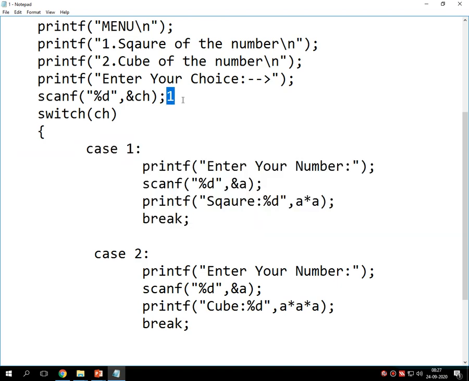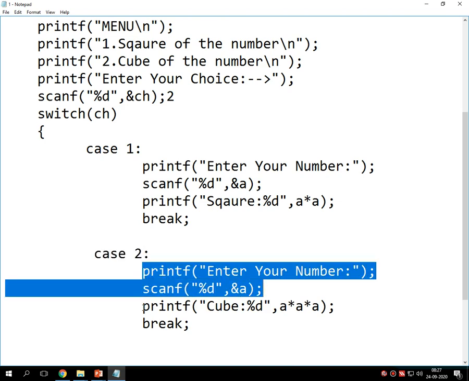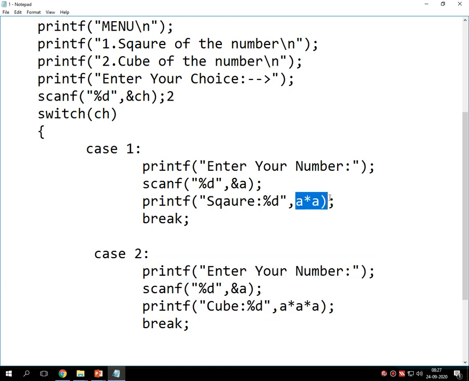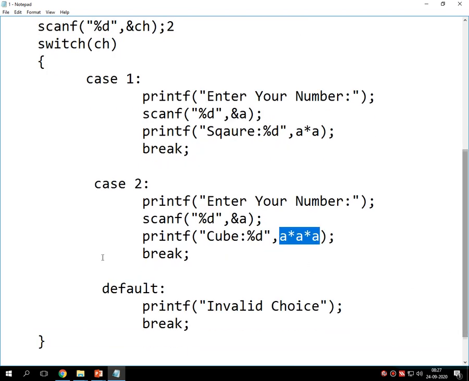Say for example instead of this 1 I have entered choice number 2, then case number 2 is selected. In case number 2 the same logic is applied, but instead of the square, the number becomes the cube of the entered digit and the program terminates.